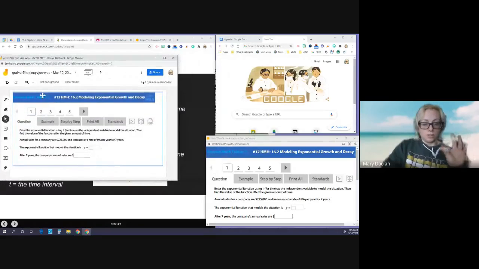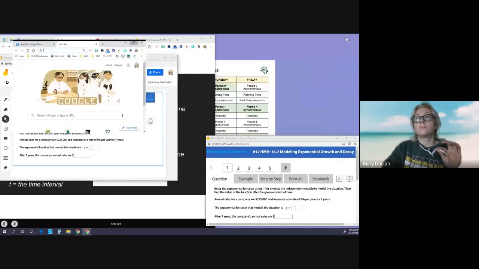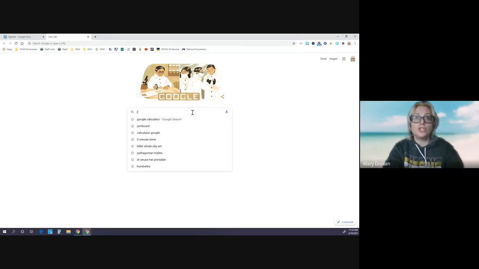Share a Jamboard with you. You can always go back and look at it later when the meet's over. It's really easy. You can just open up a Google search tab. You can type in Jamboard